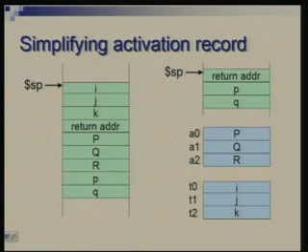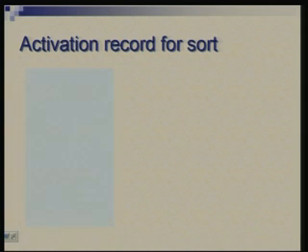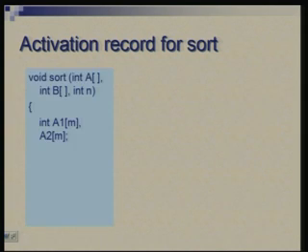But let me show you a mixed approach where something has been put into registers and something is still in activation record. Okay. For procedure sort, this indicates the requirement. We have 3 parameters here, 2 array addresses and 1 integer value, and there is much more local data here. There are 2 local arrays A1 and A2 and 2 scalars N1 and N2. So, we will put all this in activation record.